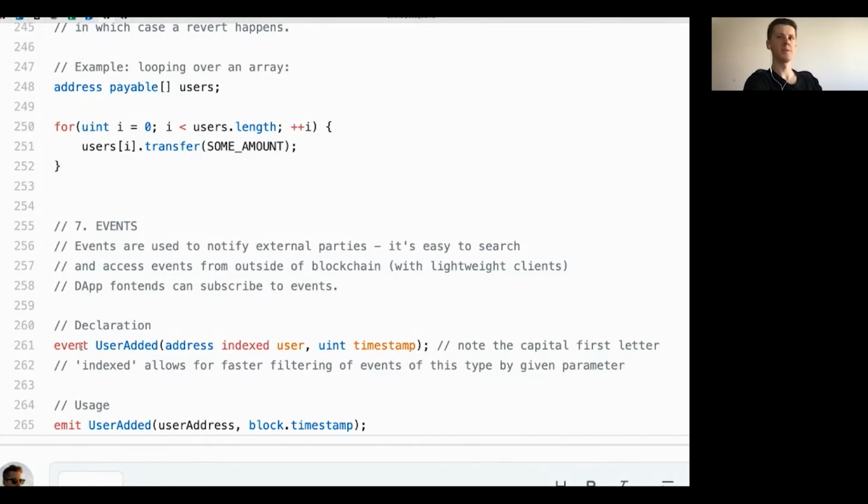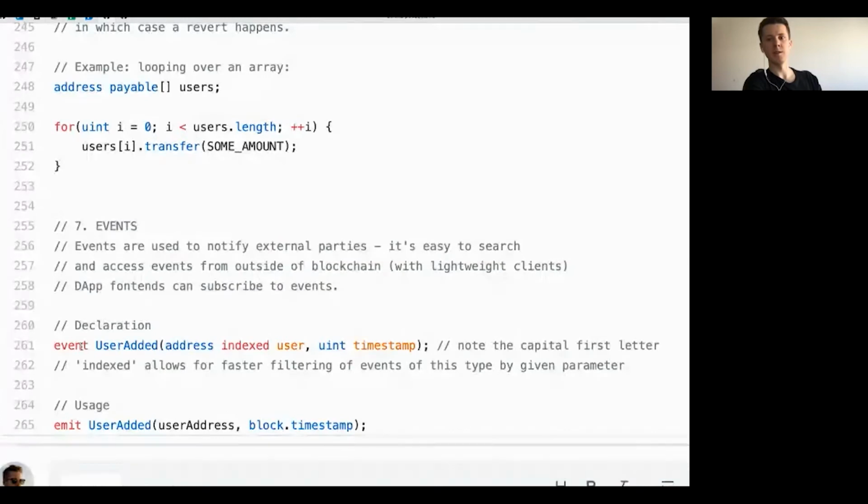Events are stored on blockchain permanently, so that, let's say you're building a decentralized application and it runs in a browser. User goes into your application and it needs to sync the state of the smart contract. Instead of querying for an older state of the smart contract, it can quickly go through the log of events and be up to date